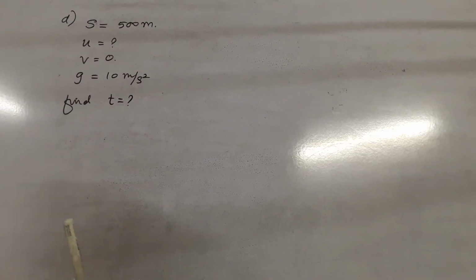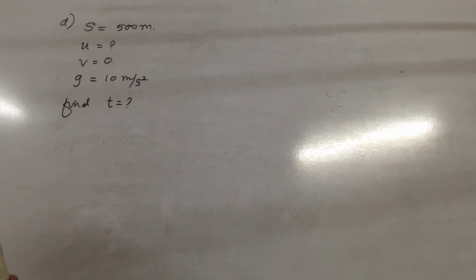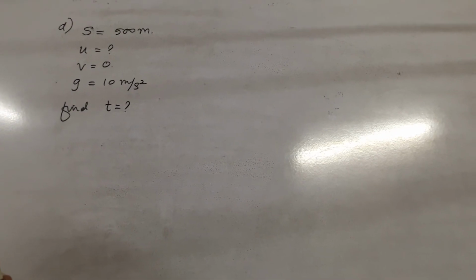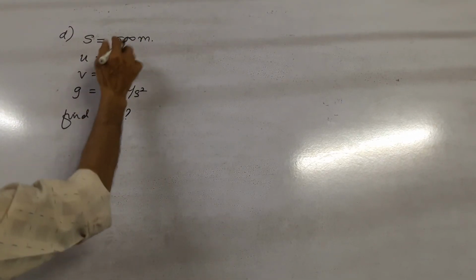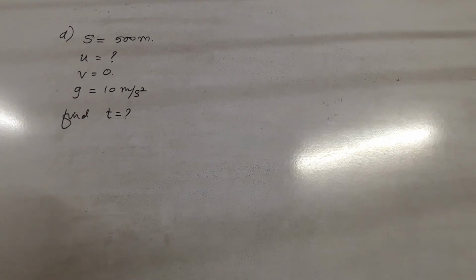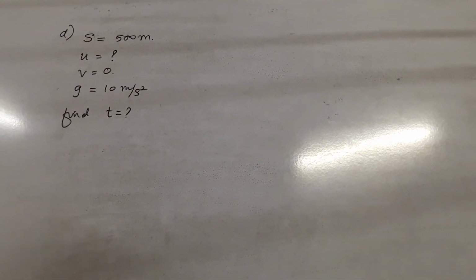Achha, now let us take sum D. An object thrown vertically upwards reaches a height of 500 meter. What was its initial velocity, and how long will it take to come to the ground again? And here the g is given 10 meter per second square. Now here the body is thrown vertically upward. Unless the body has been given certain speed, it will not go up. So we have to give certain speed or velocity, initial velocity. We do not know the initial velocity, so let us take the initial velocity question mark here. Now height is given 500 meter.